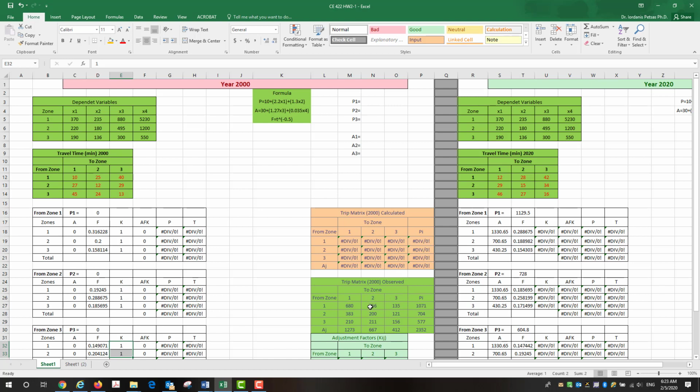Your observed, which is given to you, is the one that is in table D in your textbook on page 60. This is given to you. This is what you need to create. So once you create both of these here, you have your observed and you have your calculated, then when you look back into